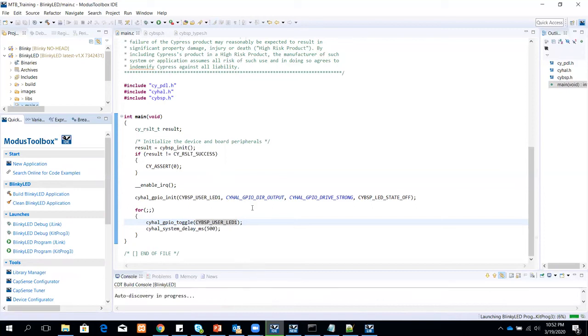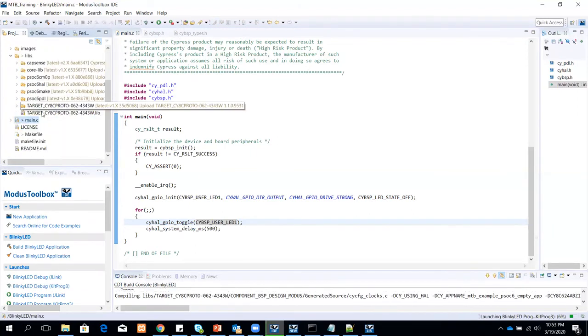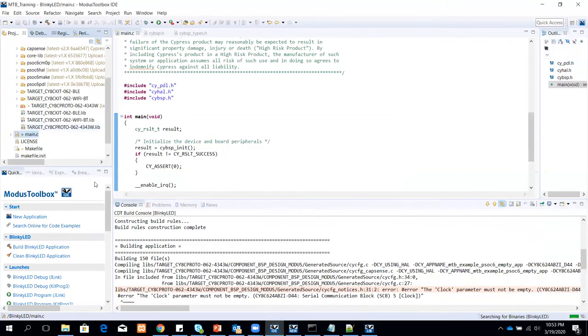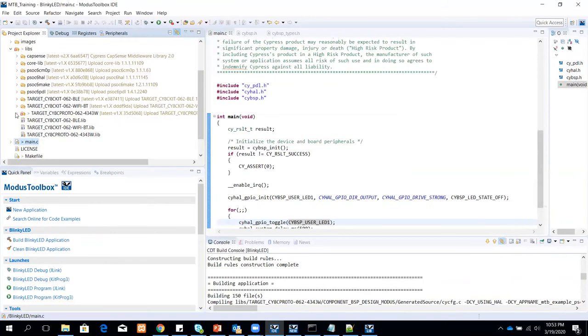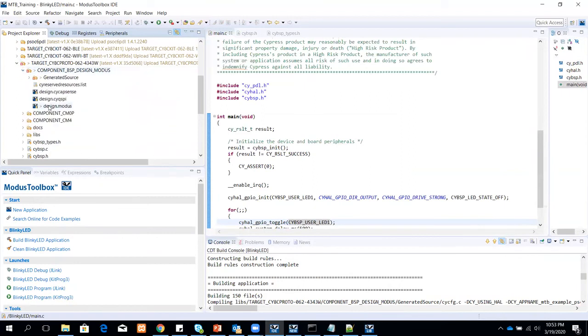So I have my, okay, I think I have the BLE kit connected. I think I've chosen the proto kit here, so I need to change that. Okay, I think as part of the demonstration I enabled UART, so I'll need to remove that.